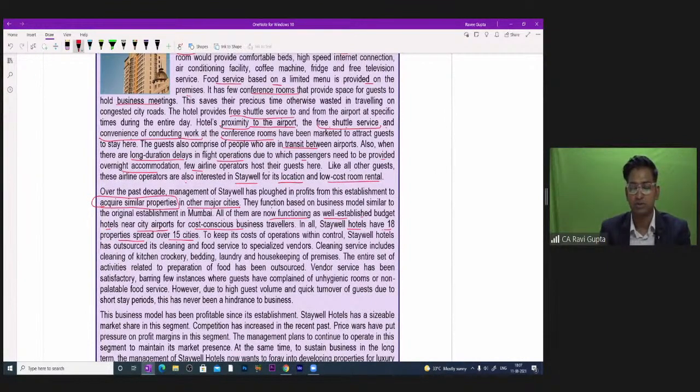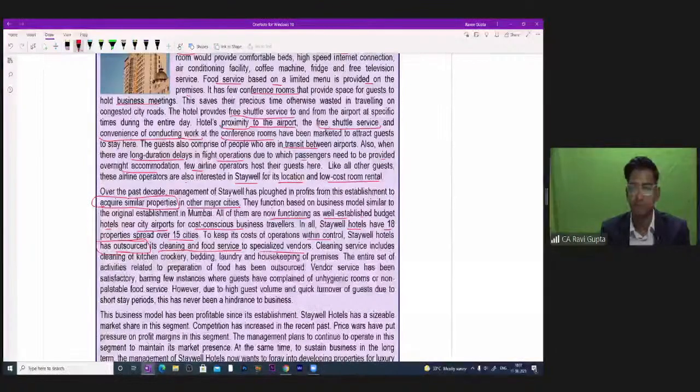To keep its cost of operations within control, Staywell Hotels has outsourced. This is a point of discussion. They have outsourced its cleaning and food services to a specialized vendor. Why are they doing so? Because they want to have cost control. They are doing cost cutting, and due to this, they have outsourced to a specialized vendor its cleaning and